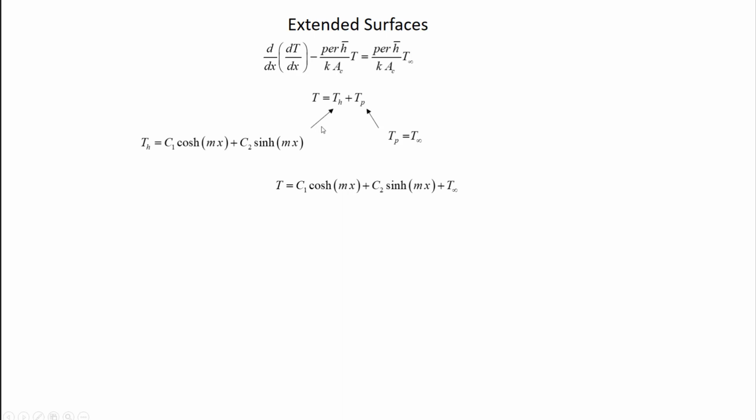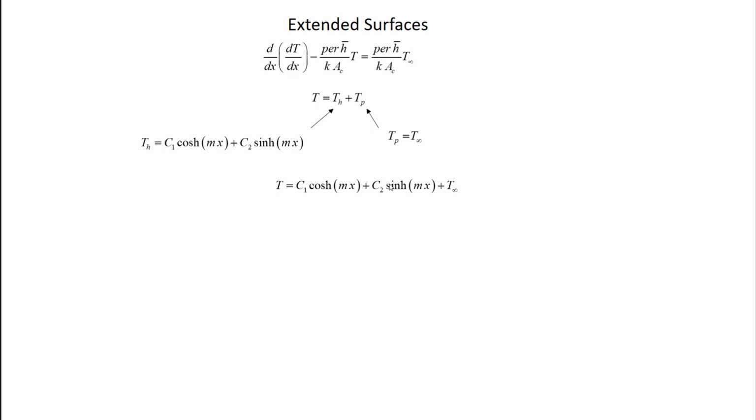At this point, I have my solution, right? I have the homogeneous solution. I have the particular solution. So this is my solution. I got cosh and sinh, and then my particular solution is T infinity. So this is my solution to within two undetermined constants. This is my general solution in that no matter what I pick for C1 and C2, I'm going to satisfy this differential equation. So the way that I pick C1 and C2 is I have to also satisfy my